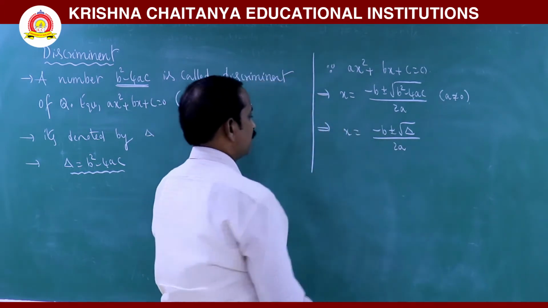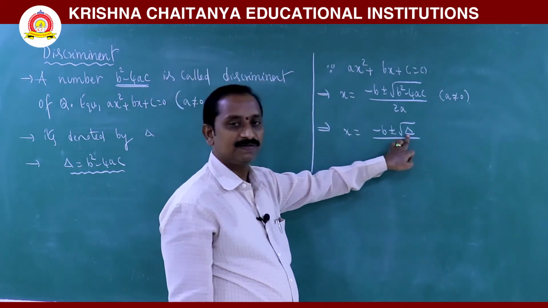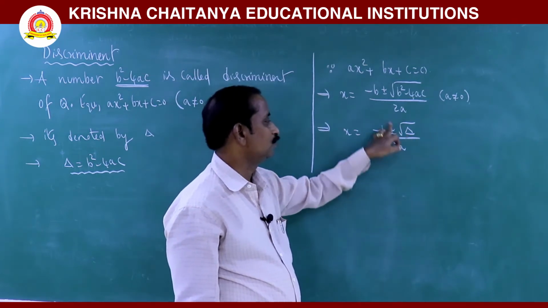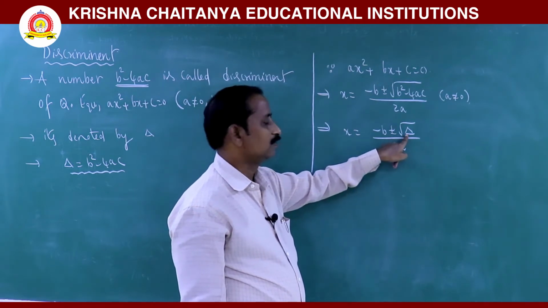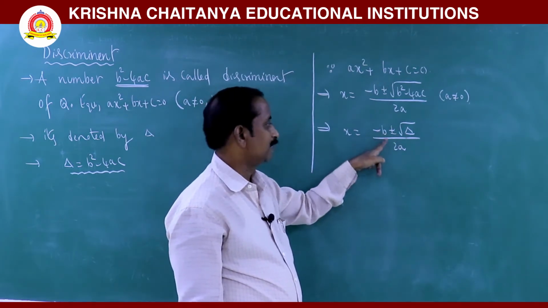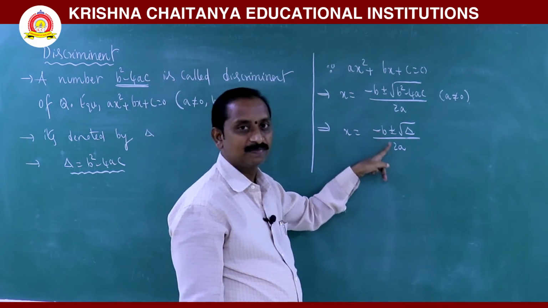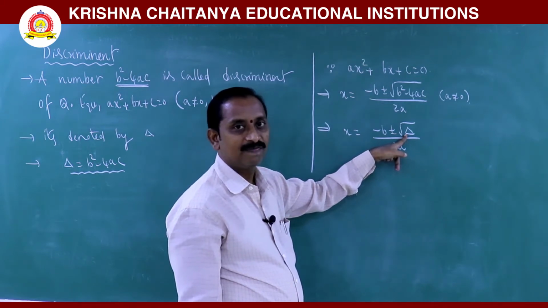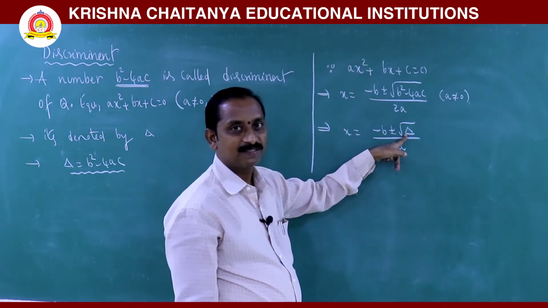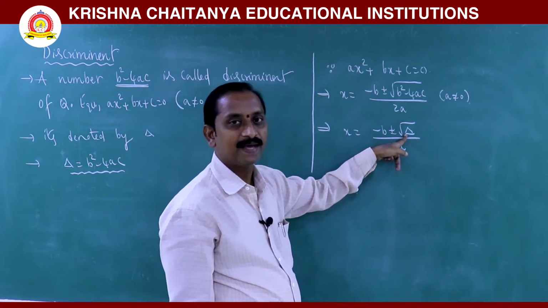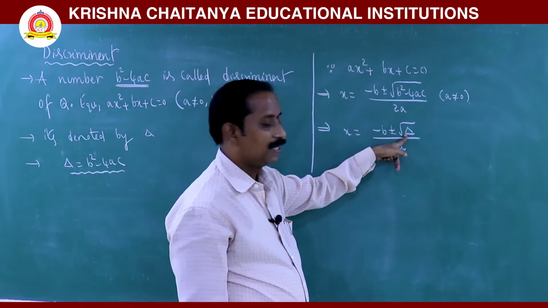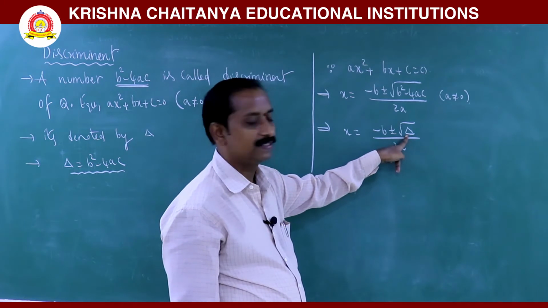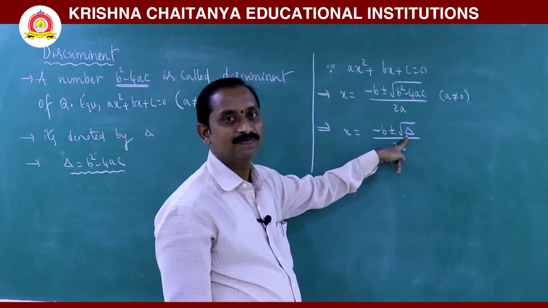If delta is greater than 0, the roots exist and it has two roots. If delta is equal to 0, it has the root −b/2a, and the other root is also −b/2a. If delta is less than 0, the root of a negative number originally does not exist, so we assumed it as an imaginary part. So the nature of the roots of the quadratic equation depends upon delta, that means b² − 4ac.